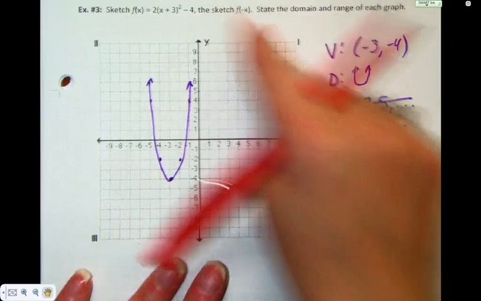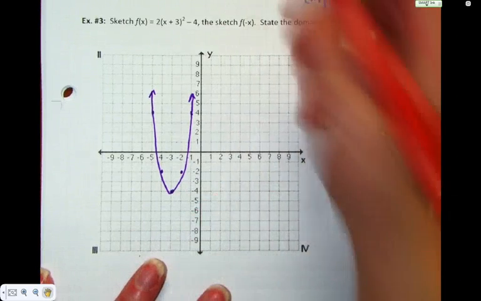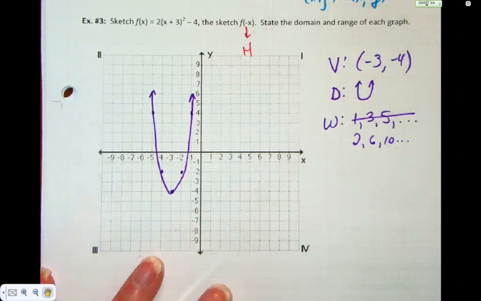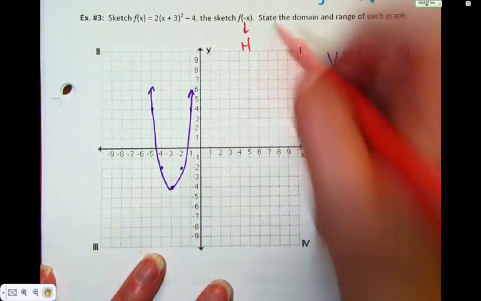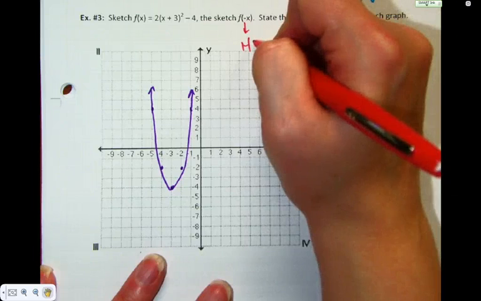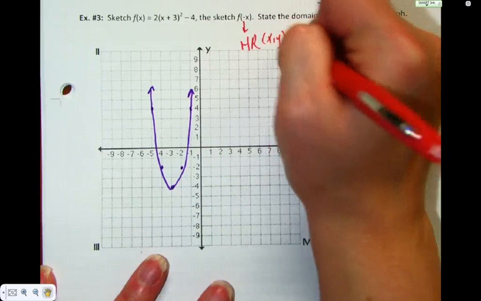Okay, sketch f(negative x). Inside brackets or outside brackets? Inside, so that tells us it's a horizontal something. The negative tells us it's a horizontal reflection. Mapping says that (x, y) goes to